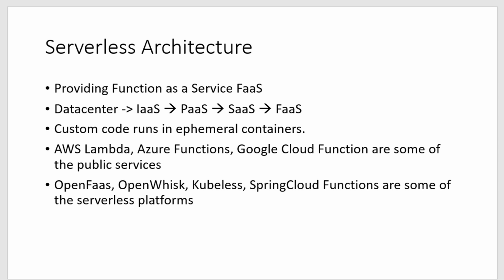Whatever platform we need, that is .NET or Java, the entire platform will be provided as a service. I can get whatever capacity I want. I don't need to worry about upgrading the operating system or any security patch. Then came software as a service. The entire software is provided as a service, like Office 365.